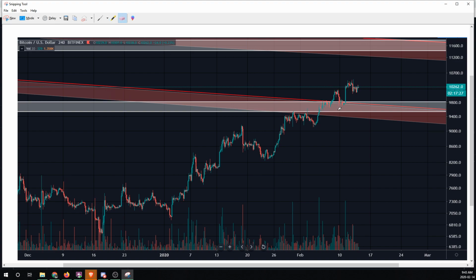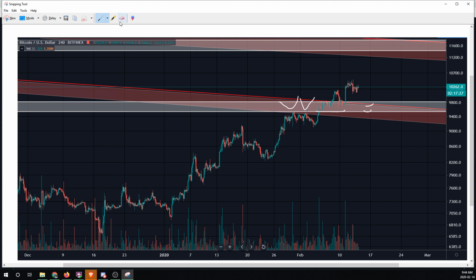So we did get a nice validation, which is good, but I think we could see the price come back to this low again here, holding the $9,800 zone. That would be, in my opinion, a really good opportunity for a long. And then even if we get down a little bit deeper into the 95s down here,